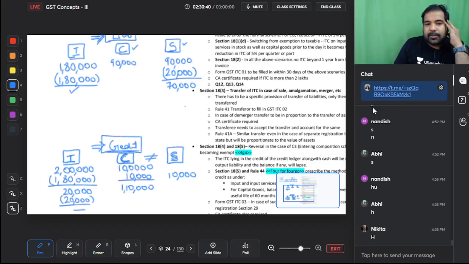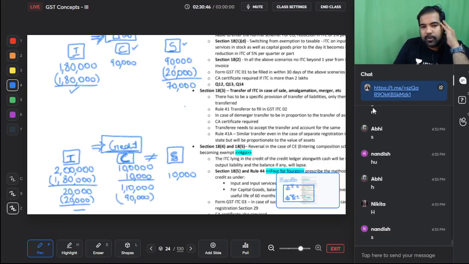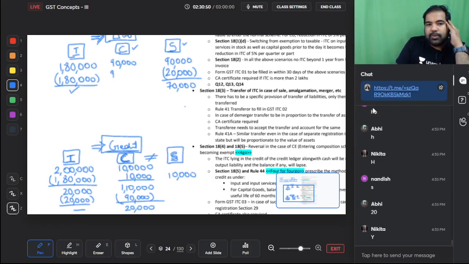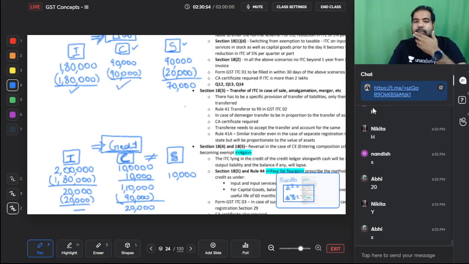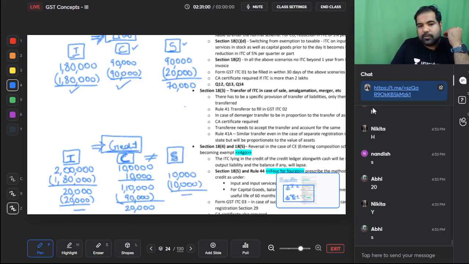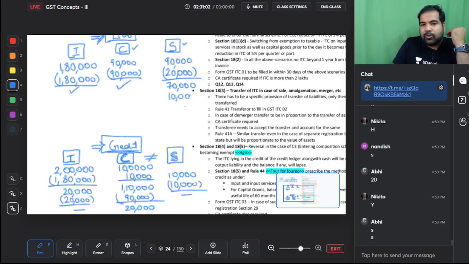Now guys, CGST, what is the bill? 90,000. Do they have enough money? Yes, 90,000 is paid. How much remains? 20,000 remains. And is this bill paid? Yes, this bill is paid. Congratulations. And now SGST will pay its bill. 10,000 rupees is used. 10,000 is paid. So how much bill remains to be paid?